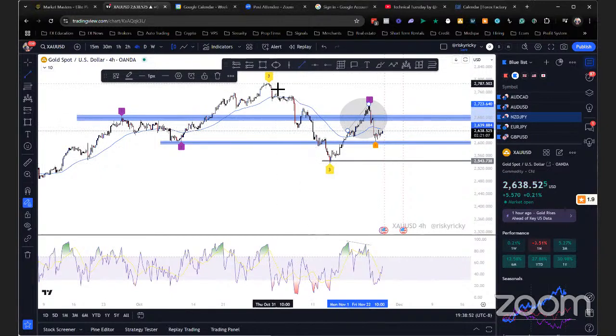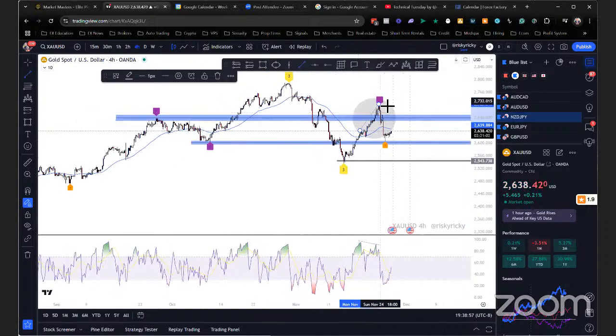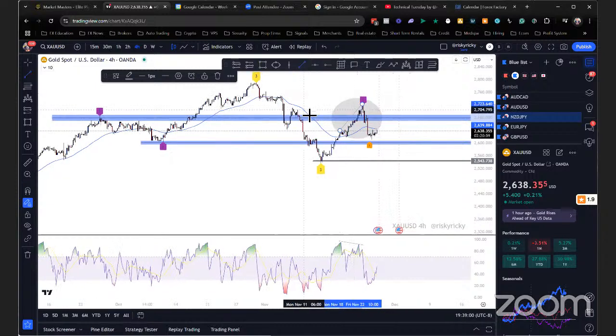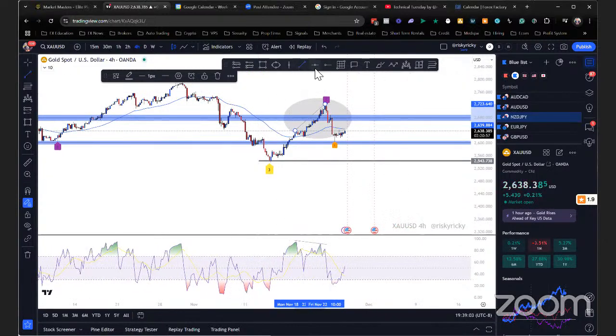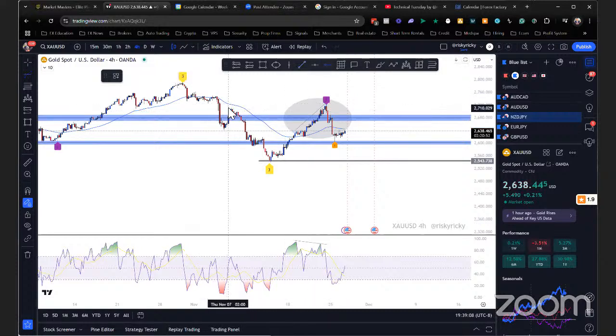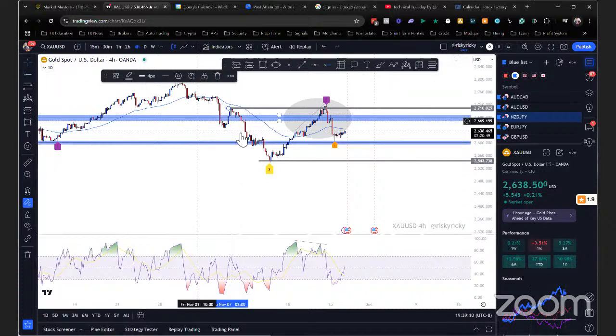Okay, even though it did have a big drop and then it pulled back, when we look at this overall, what I'm seeing on the 4 hour, because the 4 hour lets me know more of the structure of the trend. So you see this high over here, highs were broken. In this area here, we can see highs broke above. So when highs are broken, that means it's in the uptrend formation. And so it's like a higher high. And then right now, it's like that higher low that's happening there.